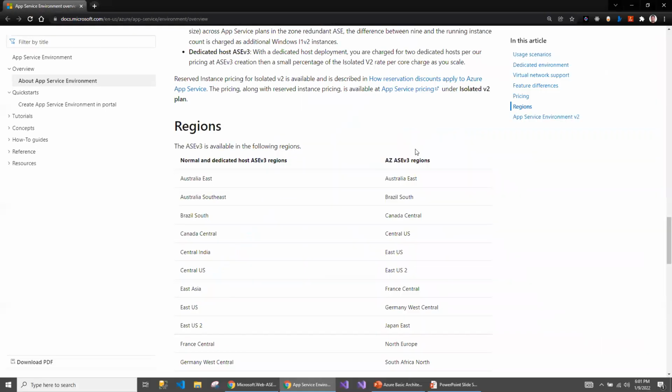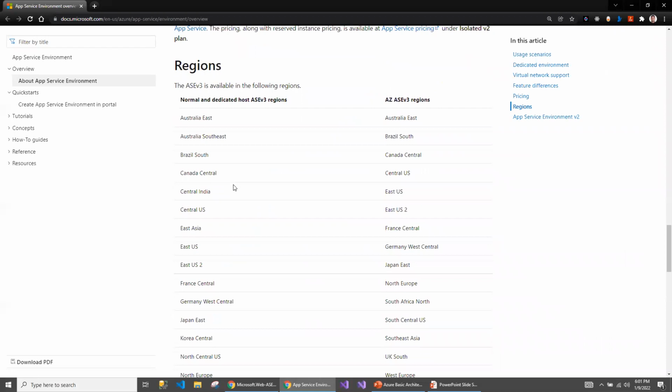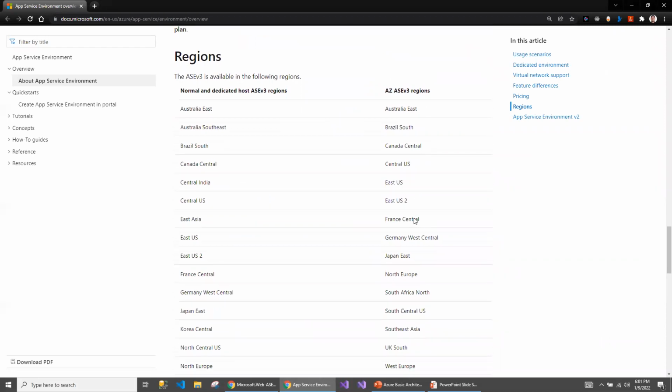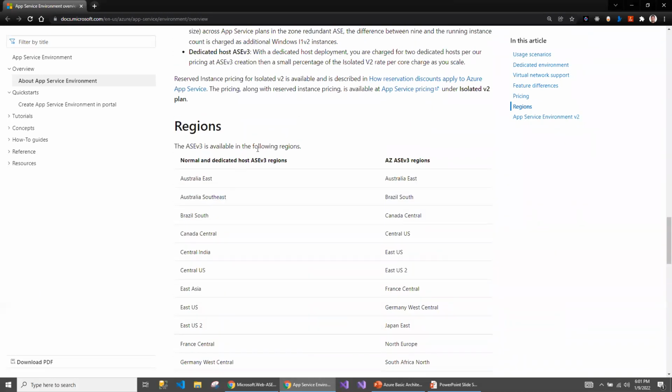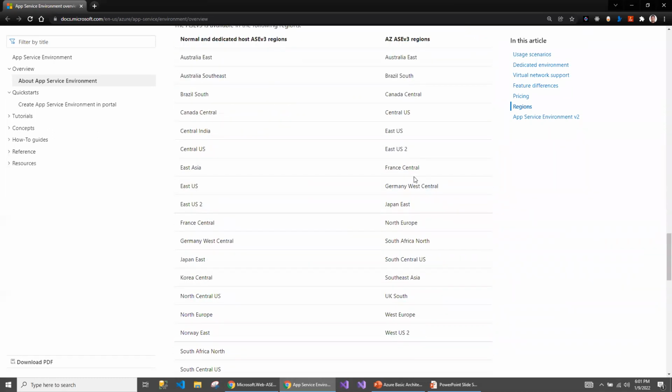You can look at the Microsoft website for more details on which regions support availability zones and which regions have the general app service environment. The documentation is really helpful.